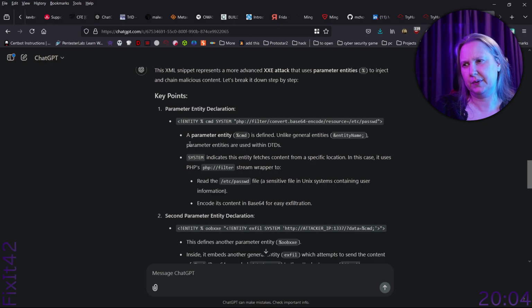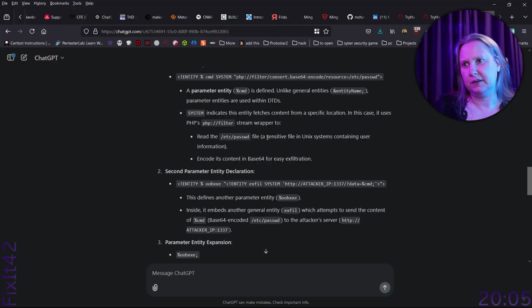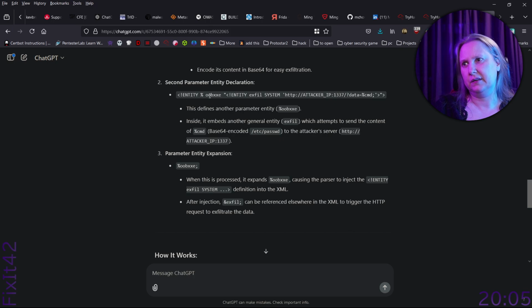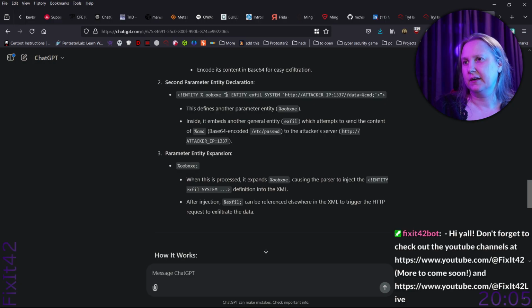and entity name, parameter entities are used within DTDs. System indicates an entity fetches content from a specific location. In this case, it uses the PHP filter stream wrapper. Read the passwd file, a sensitive file in Unix systems. Well, we don't need to read that. Basics for it. Entity percent XXE. Entity exfil system. And then we use this. Send the data. It defines another parameter entity. Embeds another general